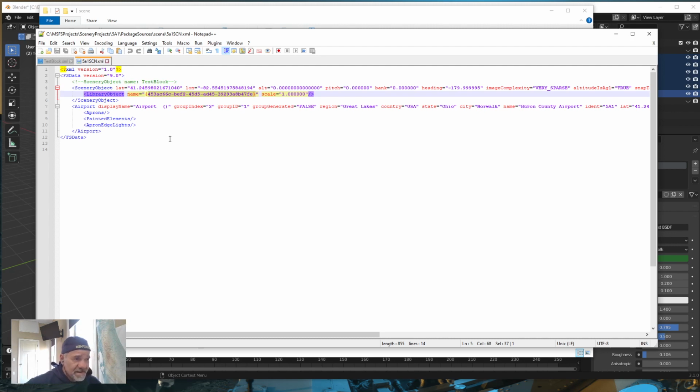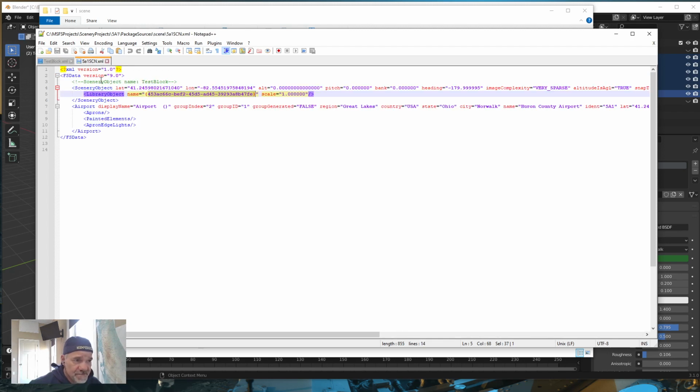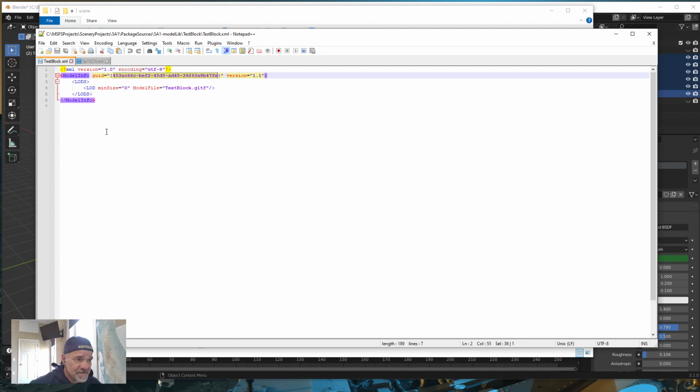But if you have unknowns in your project, check your object for its GUID. Then go over to the scene XML for that object. Find that object in the list and check to see if the GUIDs match. If they do not match, simply go into your object,